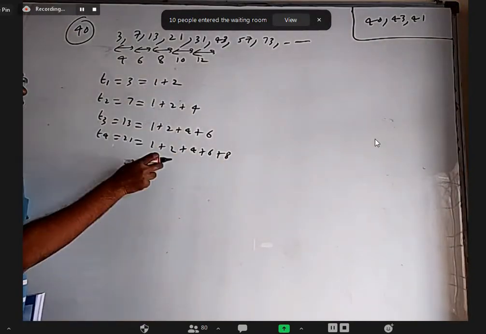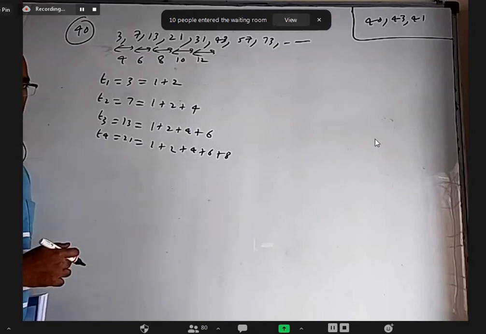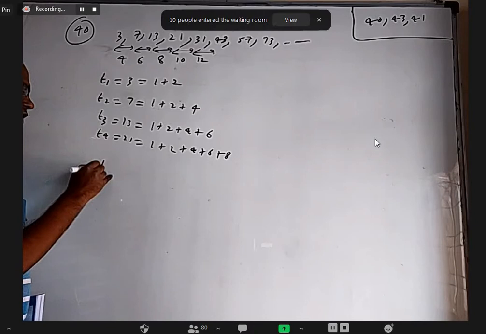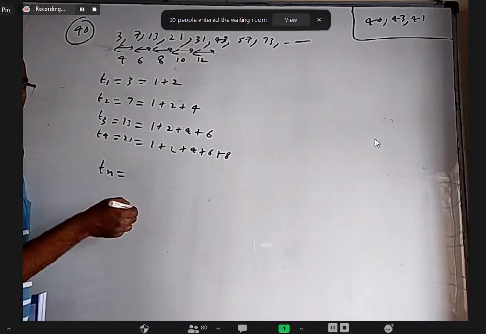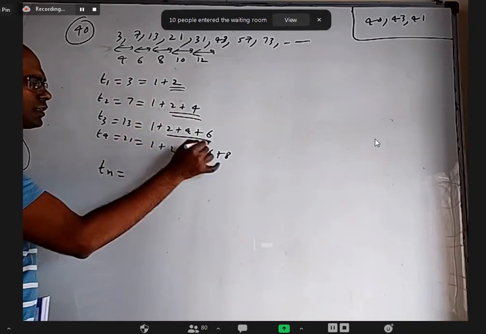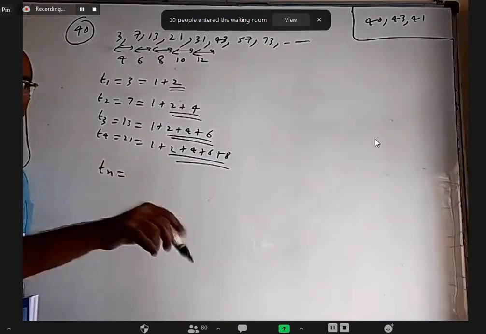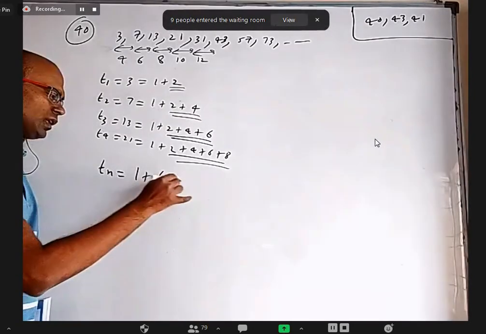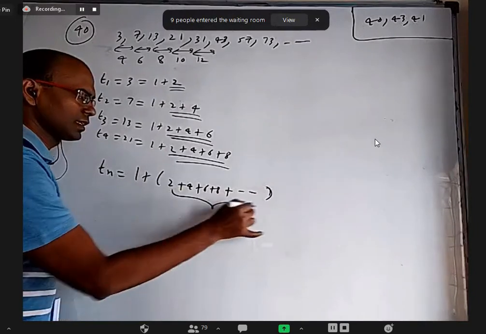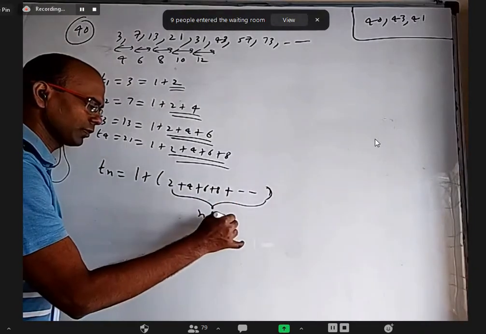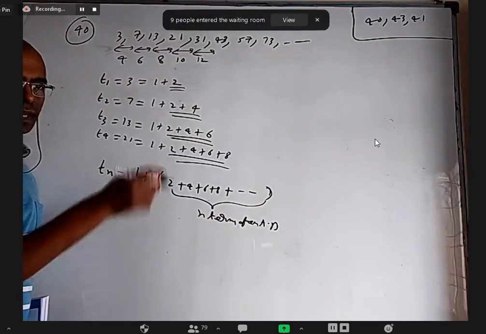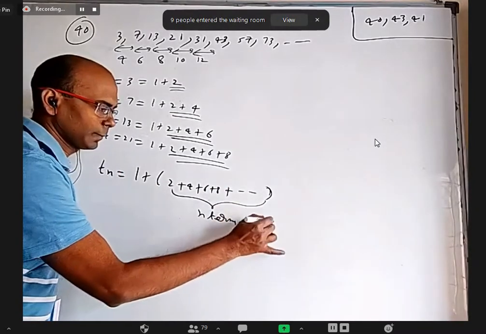So I would have written 3 here. After that, you would have considered an AP. But I want to have one more term in AP basically. So if you take nth term, you can easily guess what is going to come. You will always have one. Here 1 term, here 2 terms, here 3 terms, and here 4 terms. So your nth term will have n such terms. So 1 plus 2 plus 4 plus 6 plus 8, so on. These are n terms of an AP. So here your nth term itself is sum of n terms of an AP. Right?